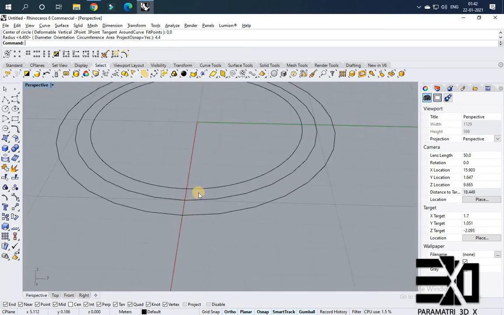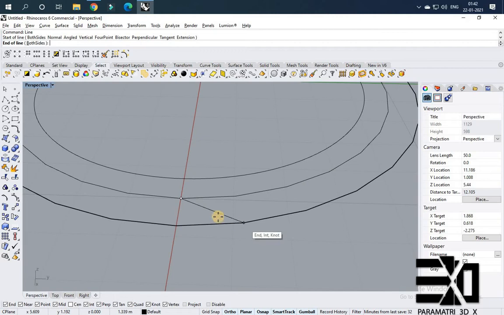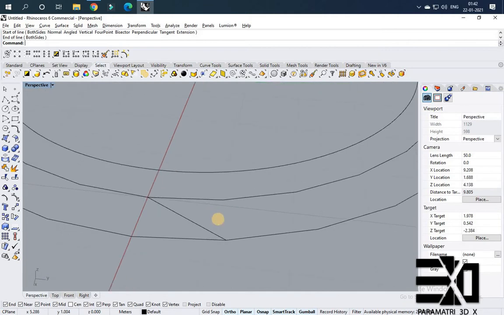So next I am using the line command, and I am drawing a line from this point, from one edge of a polygon side to another edge of the polygon side. Now I'm using the line command again, and I'm drawing in this axis and giving a value of 0.04.